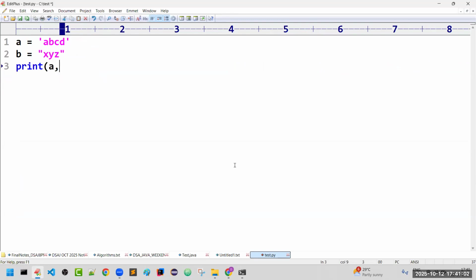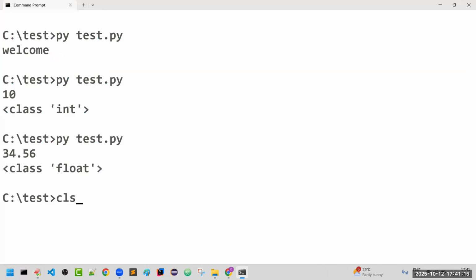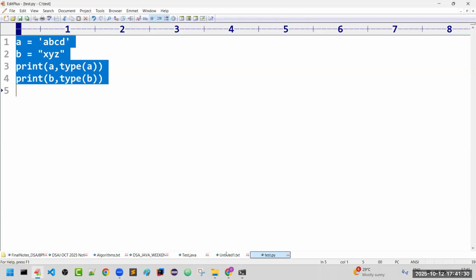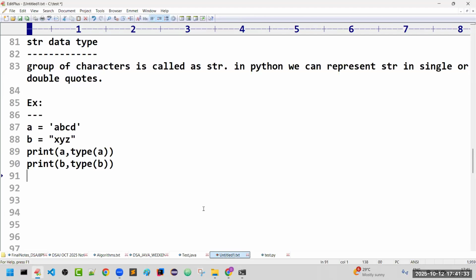Let me print A and type of A, and print B and type of B. You can see A is string type data, and B is also string type data. Both are considered string type. This is how we can represent a string.